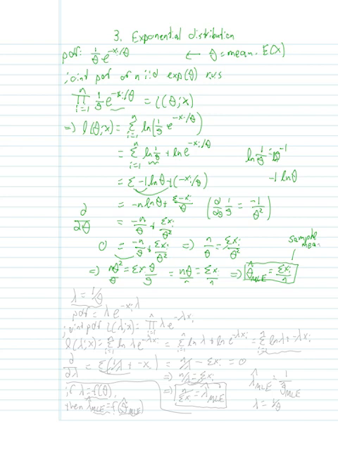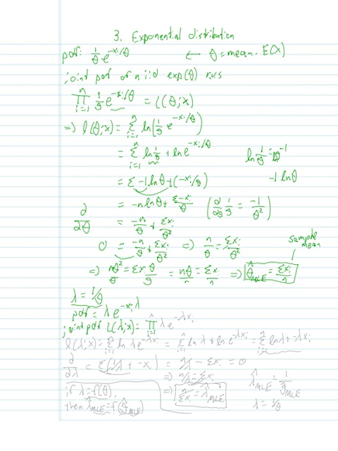But another way to parameterize the exponential distribution is using lambda instead of theta, right? So if you use that instead, you have lambda is equal to 1 over theta, right? Then the PDF is equal to lambda e to negative xi lambda. Or the joint PDF, which is the likelihood function,